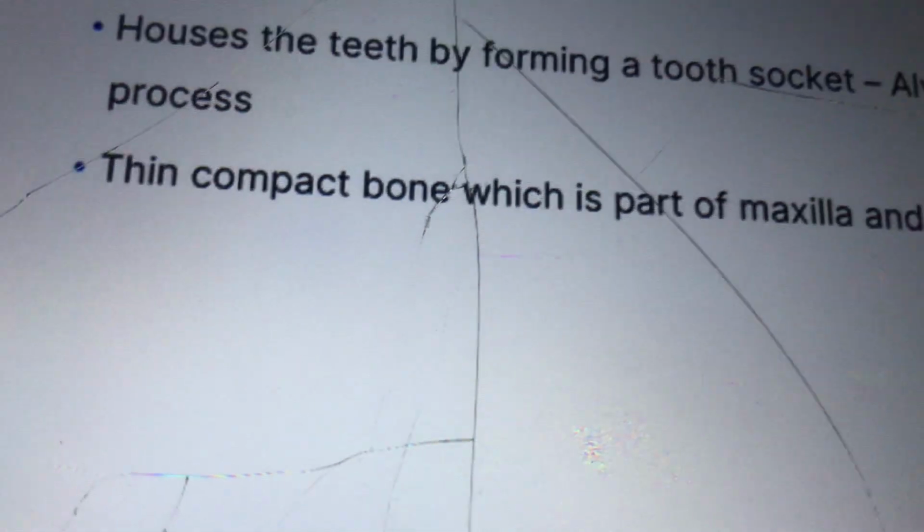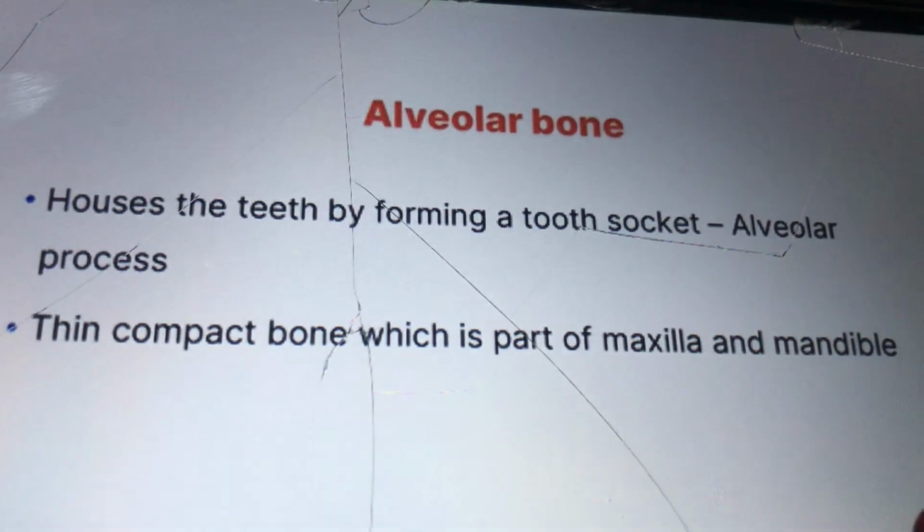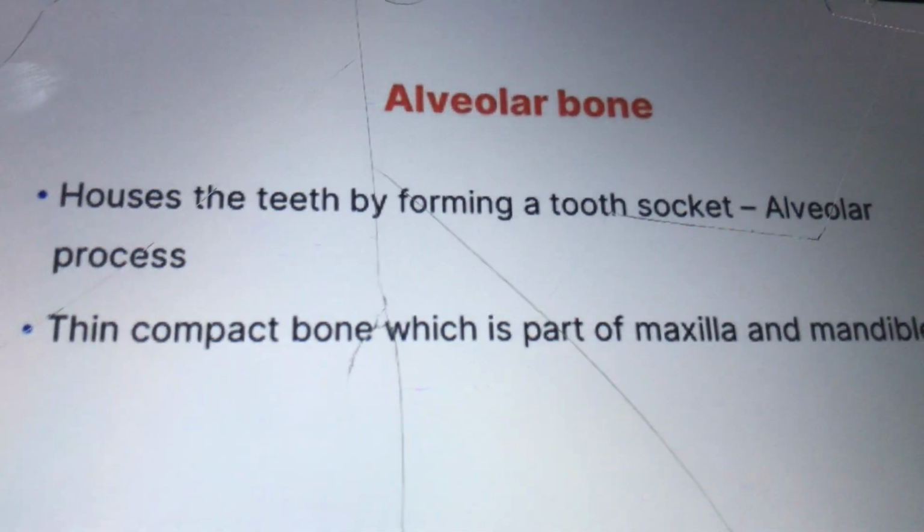Now let's move on to the other hard tissue component of your periodontium, which is your